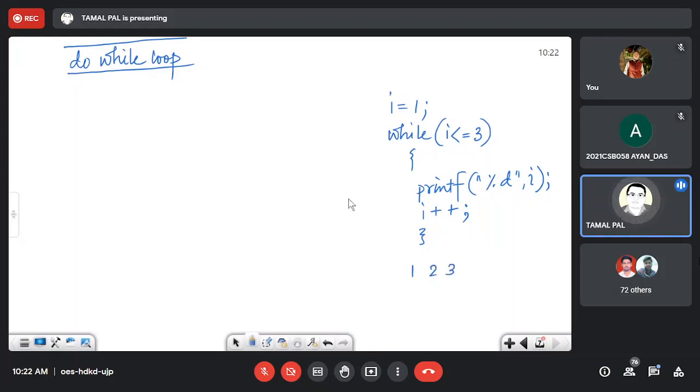But in do while loop, you have to write it in this way. i equal to 1, 2, that means execution is first and then we will check the condition. Execution is done at first.